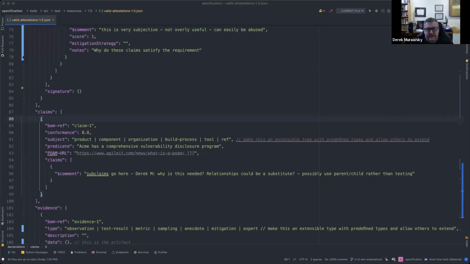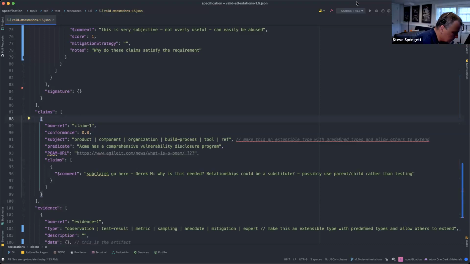Is there a need for a parent-child relationship in a claim? This was one where I think Jeff really did think there needed to be a hierarchy here, but I think we moved the hierarchy up to requirements, where it absolutely needs to be, because there's absolutely a hierarchy of requirements. Yeah, and the claims are more standalone at that point. Right. Yeah, I don't think we need it either.